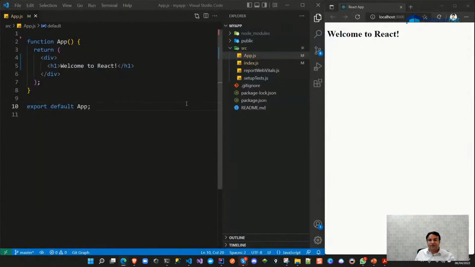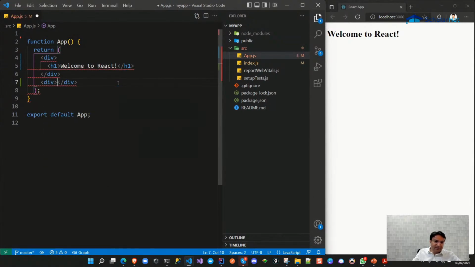What code have we written? I have written the code here, this function App. This function App is known as the functional component. And every component returns a single element. So this single element is what it is returning here. If you try to return more than one element, let's say I'm trying to return more than one element this way,